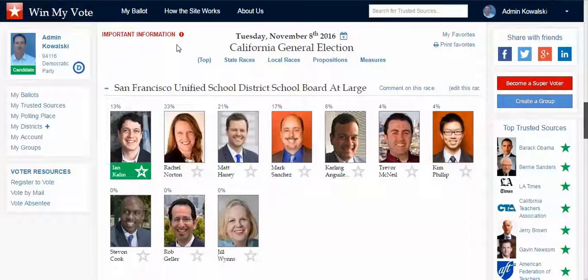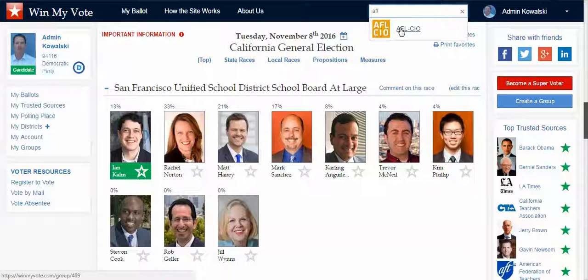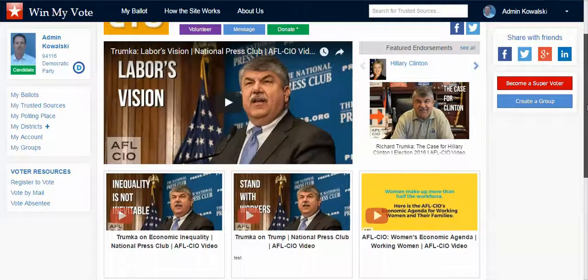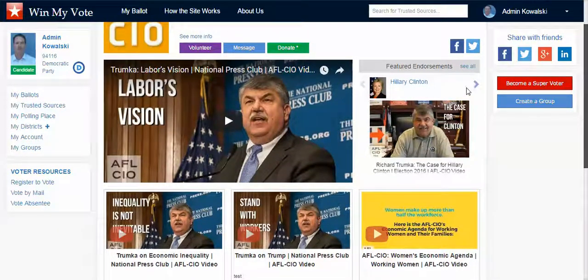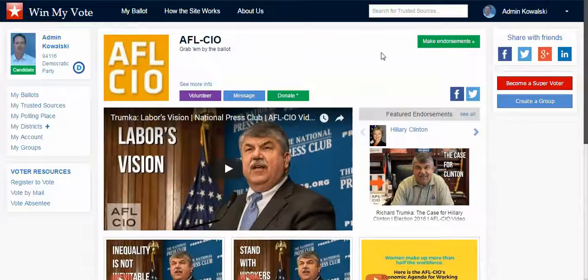So hopefully that explains things. One thing I should show you is groups and organizations that make those endorsements. So we'll use the AFL-CIO. I looked them up as a trusted source or as groups. This is their group page, so I can get to know them a little bit better and where they stand on specific issues. I can see here their endorsements that they've made, and then I have already selected them